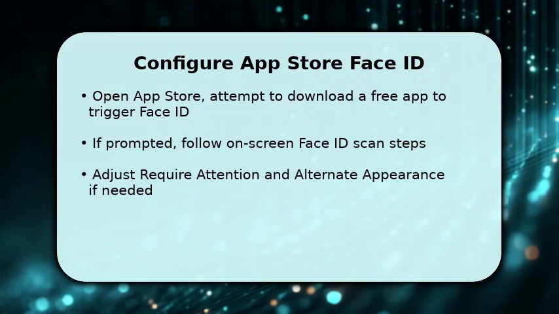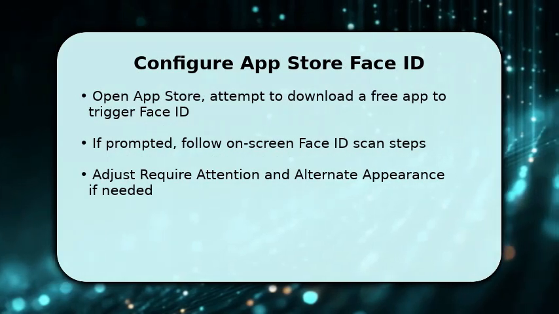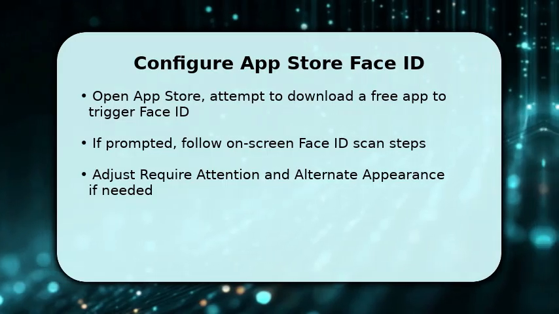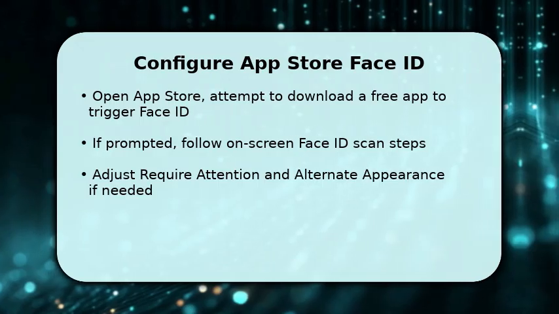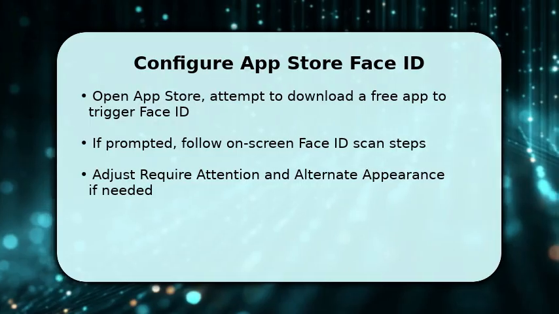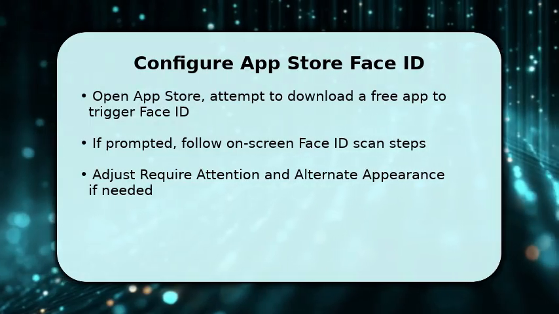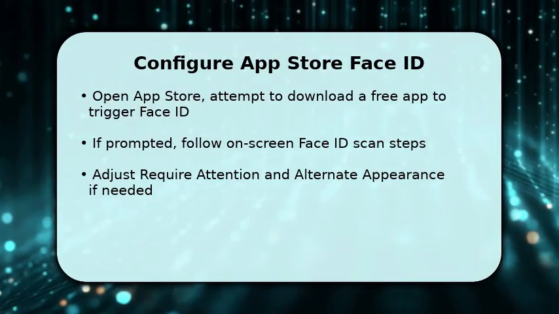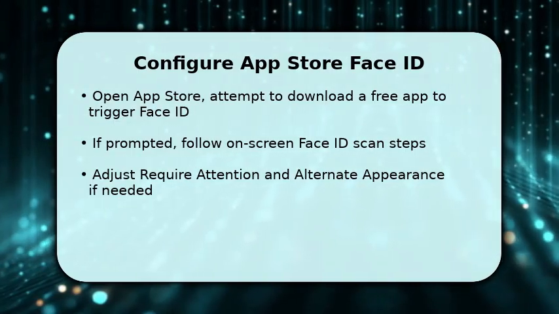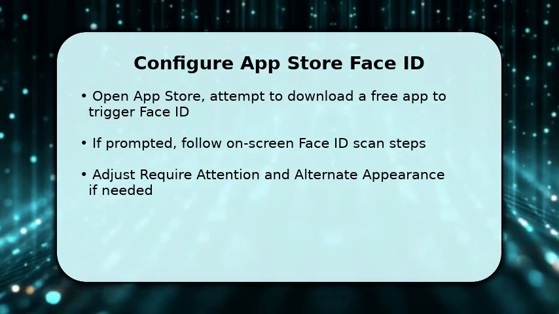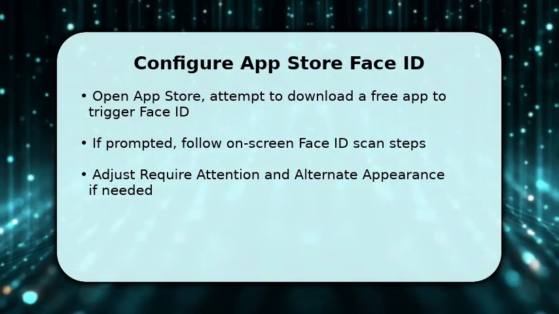Now configure the App Store flow by initiating a download or purchase to trigger Face ID. When the prompt appears, position your face and follow the brief scan instructions. The system explains what to do. If recognition fails, use Settings, Face ID and Passcode to enable Require Attention or set an alternate appearance for hats or glasses. Make sure you allow Face ID for iTunes and App Store so future downloads authenticate automatically, reducing friction